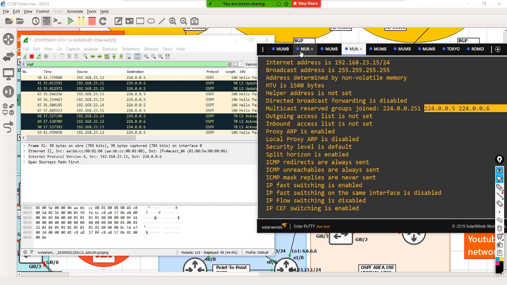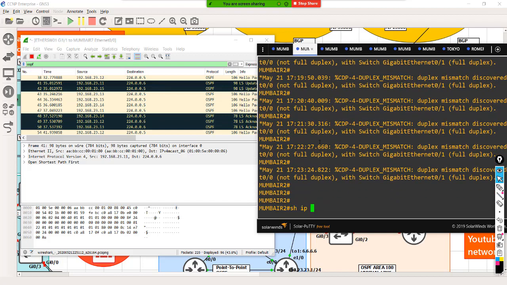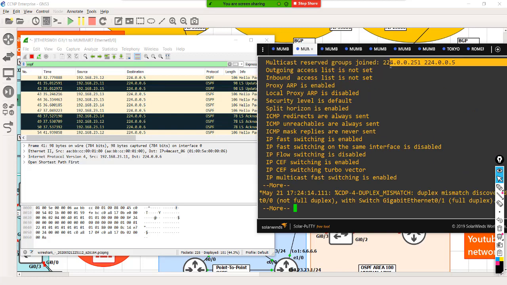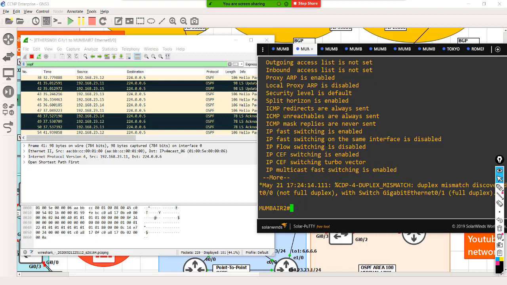Okay, and what about your DR others? They are listening only at .5. See, they have only .5. Okay, so that proves that whenever there is a network fluctuation, there is any addition, modification, those routers are gonna